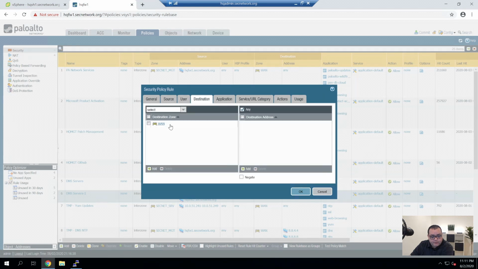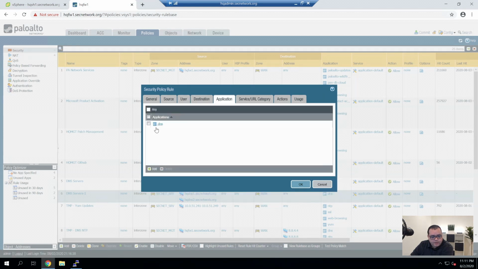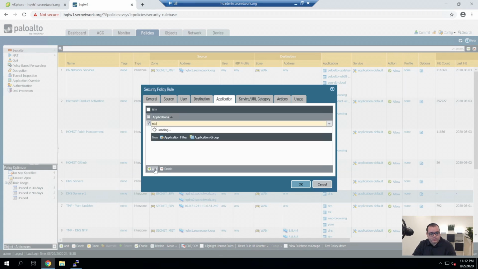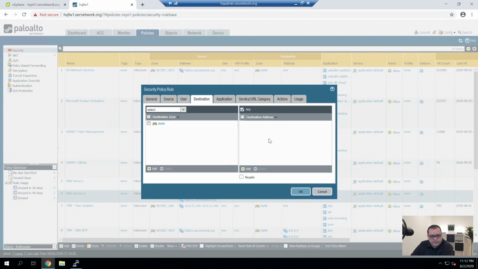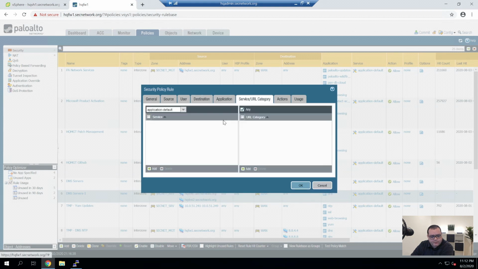So application, and then we'll change this to NTP. And again, I don't have destination addresses, so we'll leave that open.